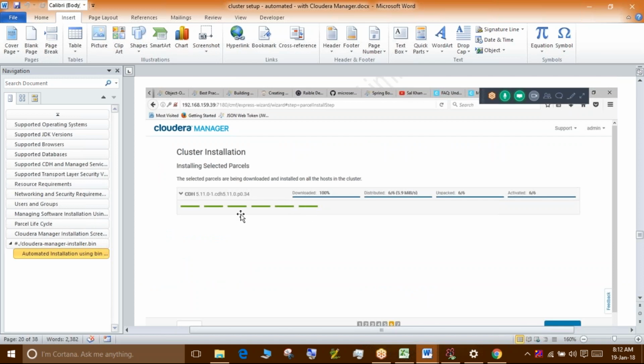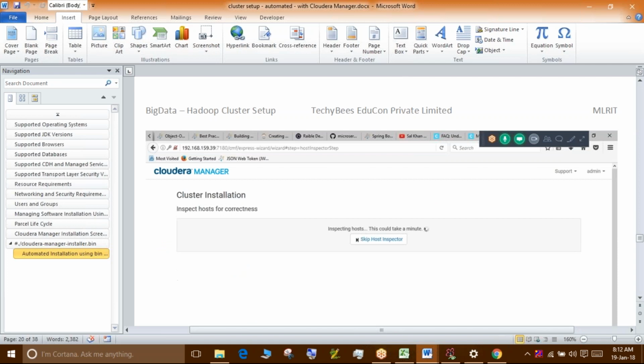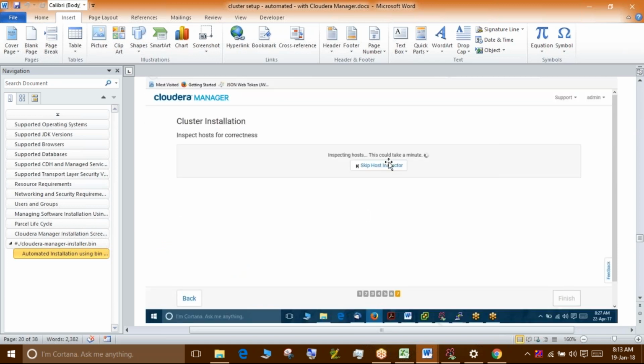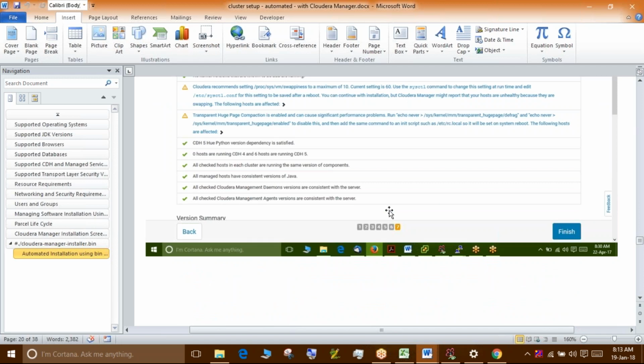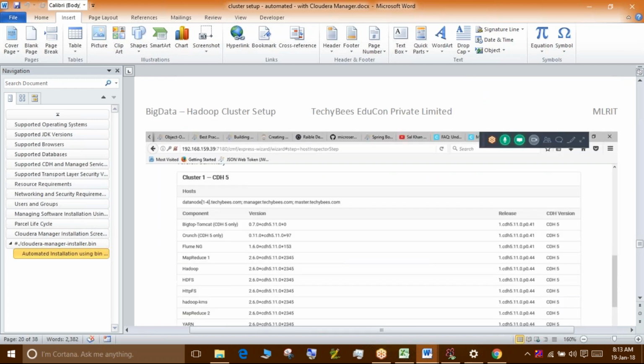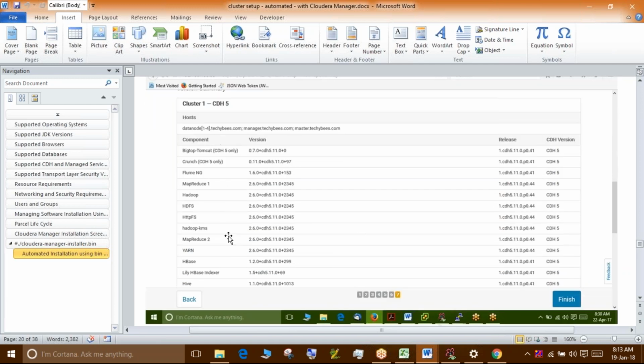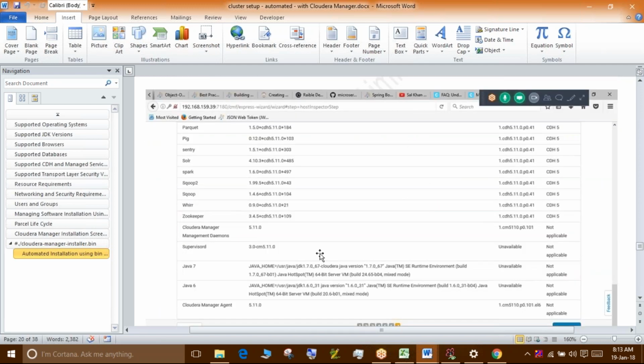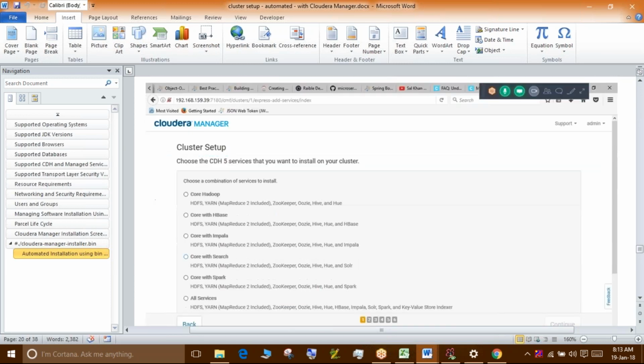Once everything is over, you see it like this. Once it has been activated on all the hosts, you'll be seeing that. If you want, you can check the hosts. It's called host inspector. Using your host inspector, these are different things that are happening in the background being logged to you. And finally, what is done? Your cluster is being set up,